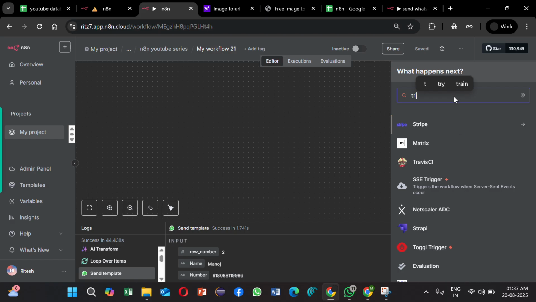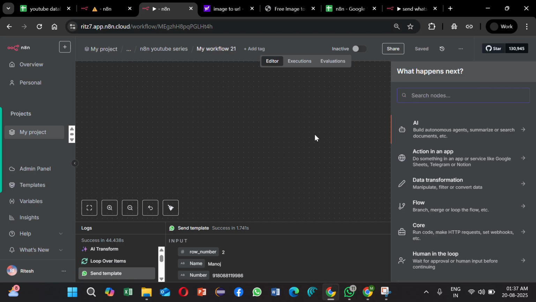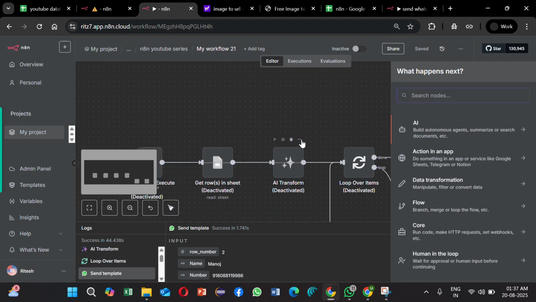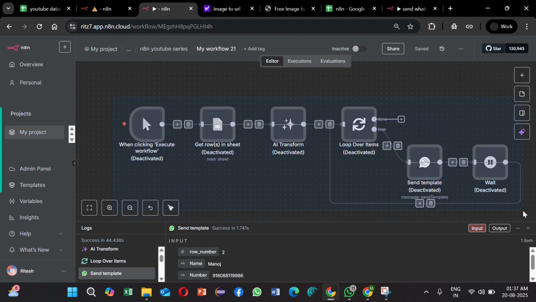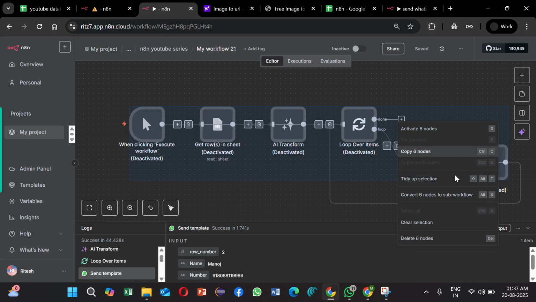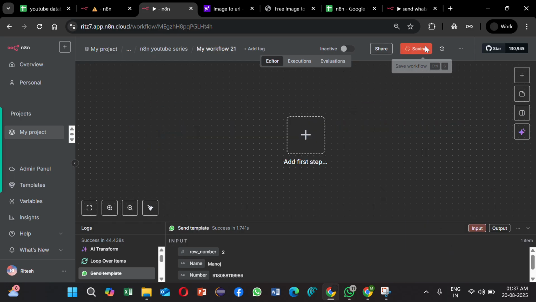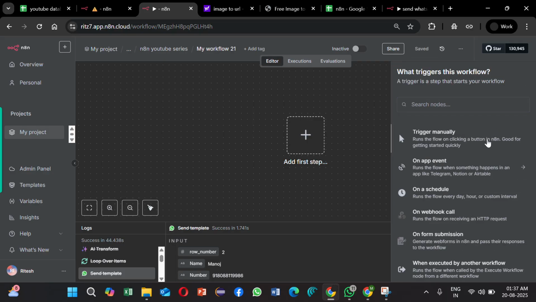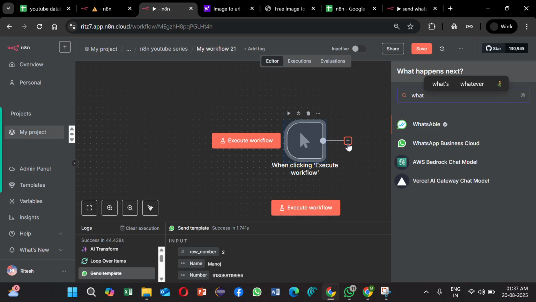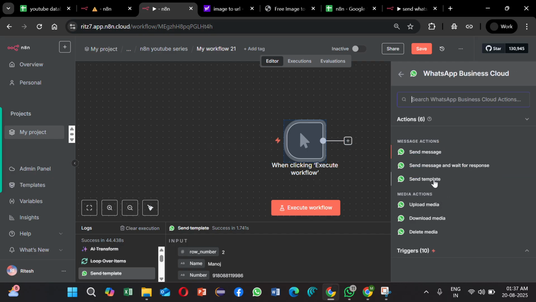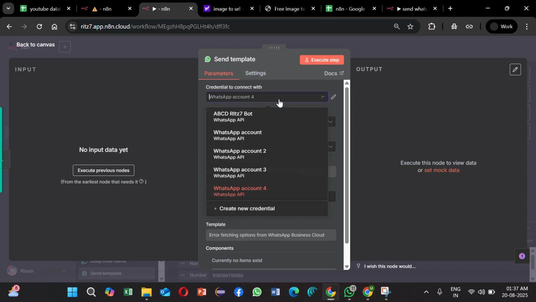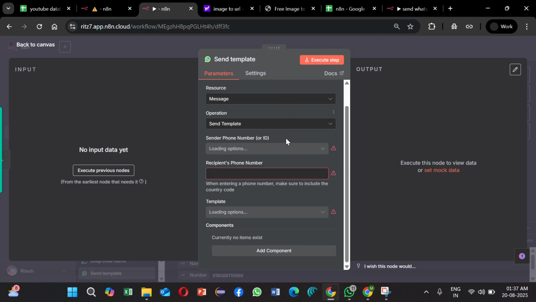So let's quickly move on here and add a trigger. Let's delete all these nodes and let me show from the start. Let's add a trigger node and go to WhatsApp Business Cloud, send template, select a WhatsApp account, then you can select the phone number linked with the WhatsApp account. In the recipient, let's add my name, my number